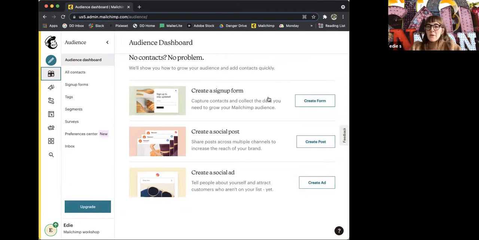There's a lot of really good resources about how to create pop-up forms and link your website and do things like put a member sign up form in your email that links back to your website. It's all fairly complicated for an introductory course,